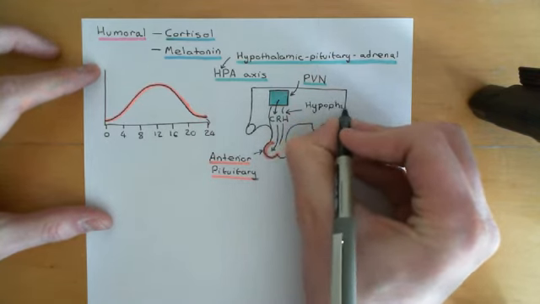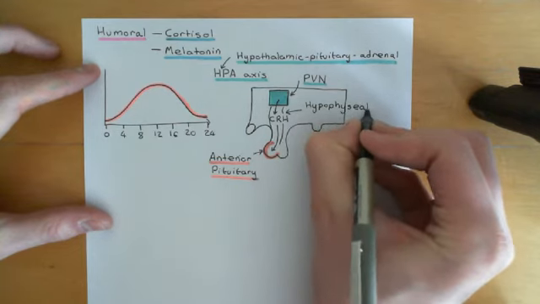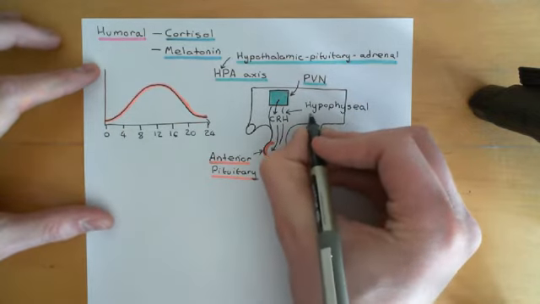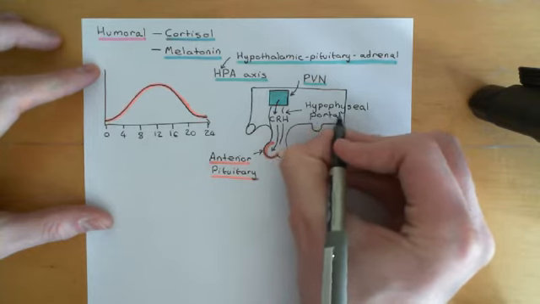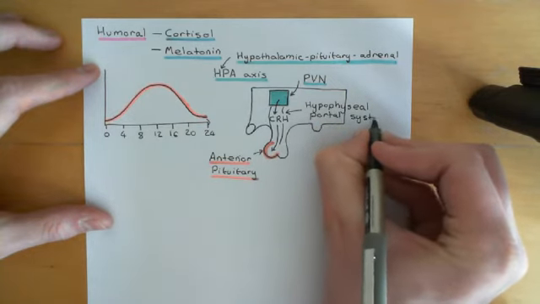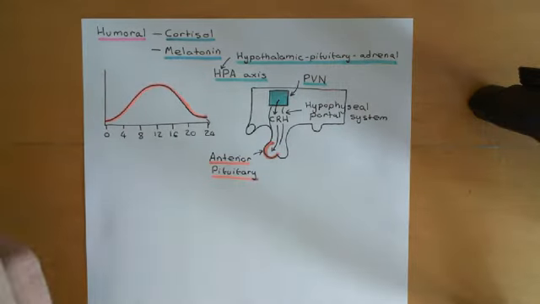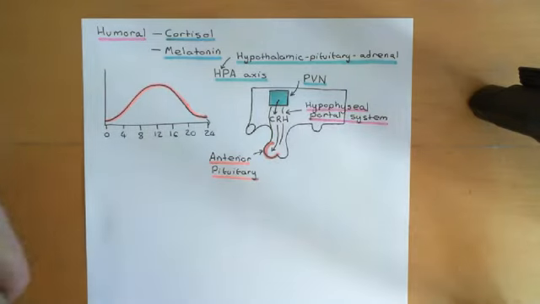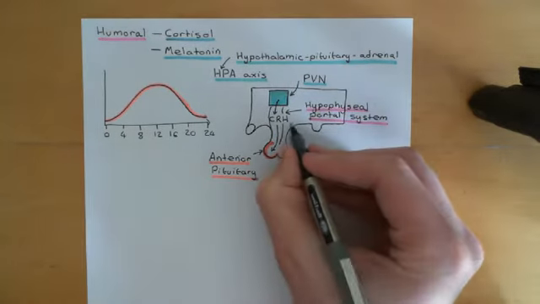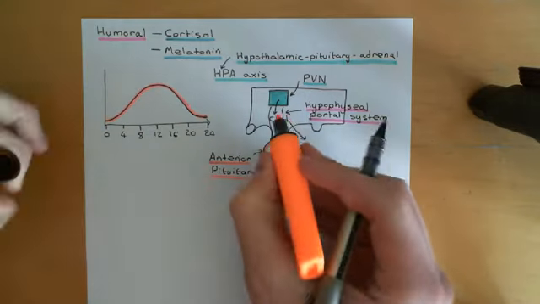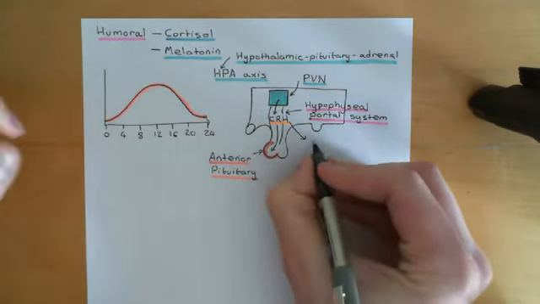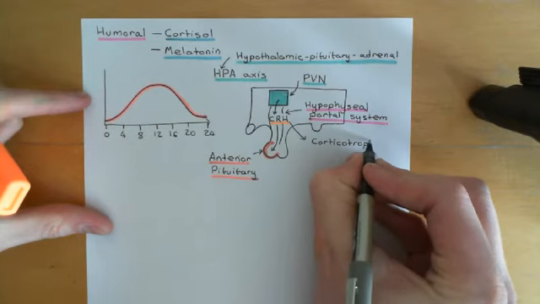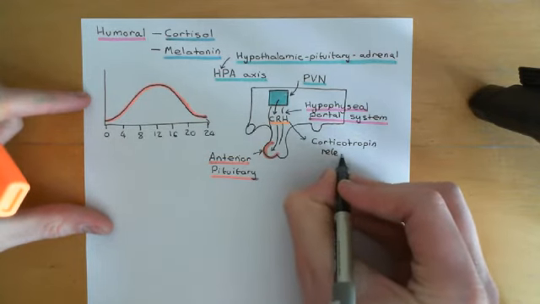So hypophyseal, or rather hypophysis, is another name for the pituitary gland, basically. So this is the hypophyseal portal system here. Okay, right. So the neurons in the paraventricular nuclei are going to be releasing this molecule, CRH, and I haven't yet told you what CRH stands for, so I'll do that now. CRH here, in orange, stands for corticotropin-releasing hormone. Okay, they're going to be releasing this molecule, corticotropin-releasing hormone, into the hypophyseal portal system.